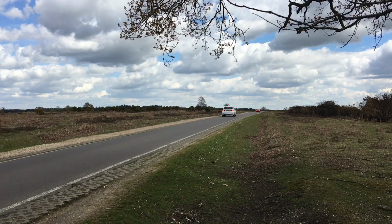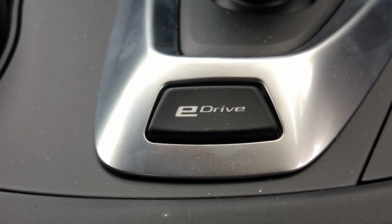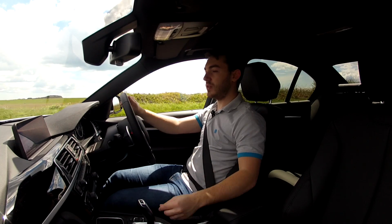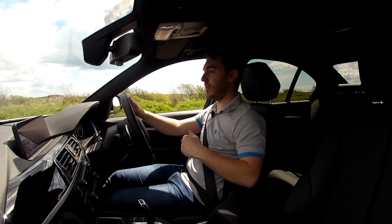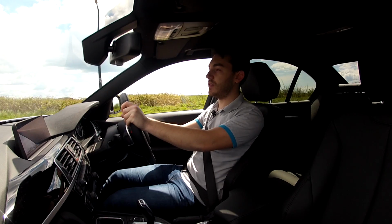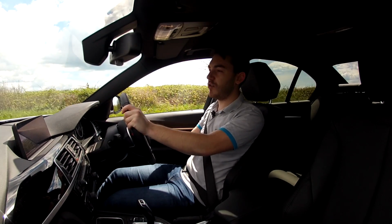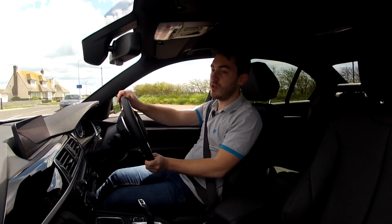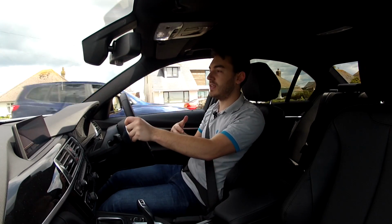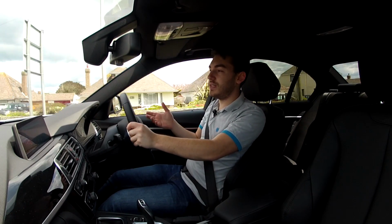Now, speaking of selectable modes, there's another menu of car modes under the eDrive mantra here. So if you push this button, it brings up a menu, and what you have is a mode called Max eDrive, which will reduce the amount of power that the engine supplies to the wheels and primarily use the electric motor, which is great because whenever you're driving around town, you get that silent, relaxing tranquility you get with electric